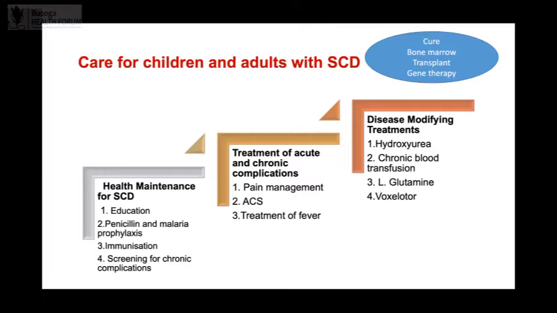So sickle cell disease has two types of treatment. Treatment that will modify the disease but will not cure it, and then at the top, curative treatment. So we have treatments that modify the disease: hydroxyurea, chronic blood transfusion, L-glutamine, which people call Endari, or Voxelotor. These are things that have been approved for disease modification, and we shall talk about them later. At the highest level, you aim for cure. And the two things that we know cure sickle cell disease are stem cell transplant and, of late, gene therapy. Those we shall talk about another day, but you need to know that those things exist and you can actually offer them to your patients when indicated.